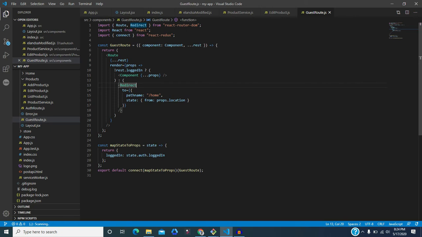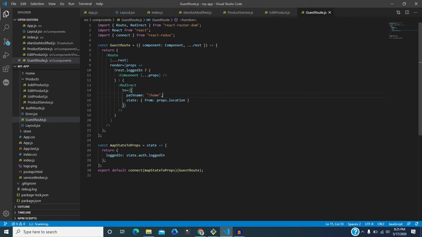So here this is checking whether the user is logged in or not. If the user is not logged in, then it's okay, but if the user is logged in, then this will redirect to the home route, and through this home route, meaning /home, whatever component is written will work accordingly.